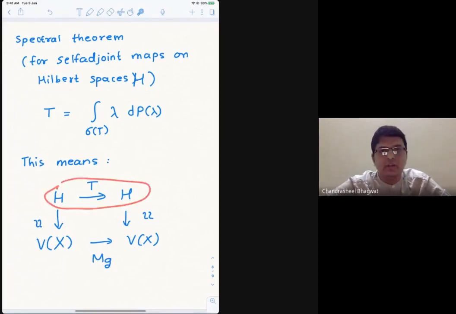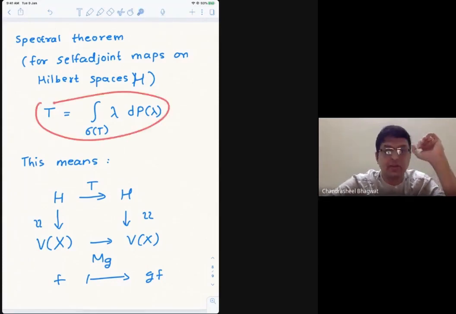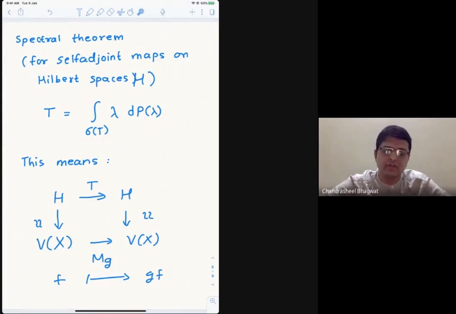So this is the given operator. The theorem is saying that you can convert this problem into a problem about functions on a set, and the same space appearing here. And then the M_g map, which I talked about 5 minutes back, is like multiplying some f here by g on the left side. So the spectral theorem is basically, in one line, saying that for T from H to H which is self-adjoint, there is some space X and there is some function g such that this map T is exactly isomorphic to, in some sense, exactly the same as M_g.